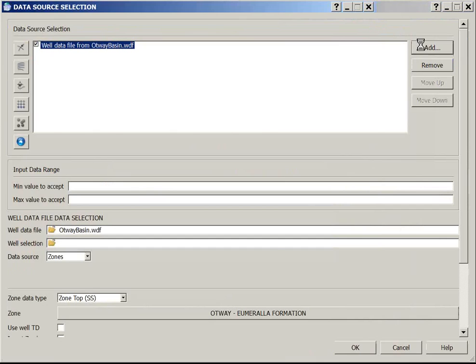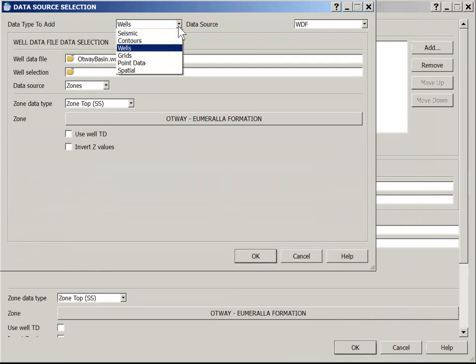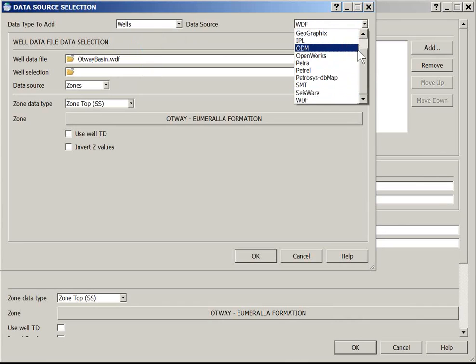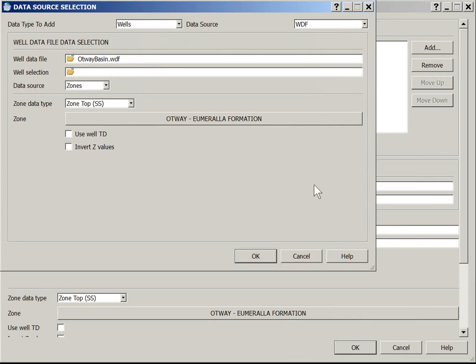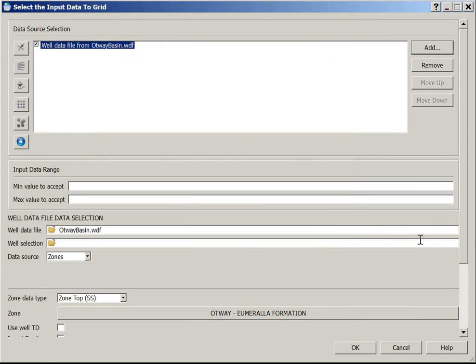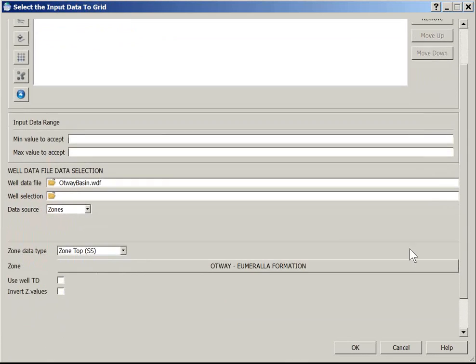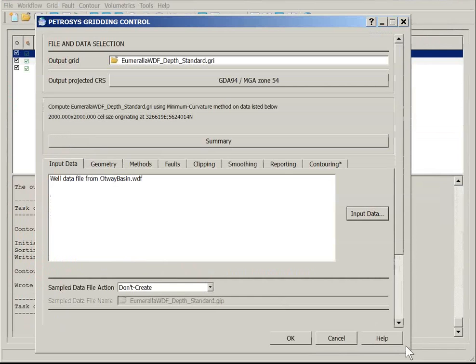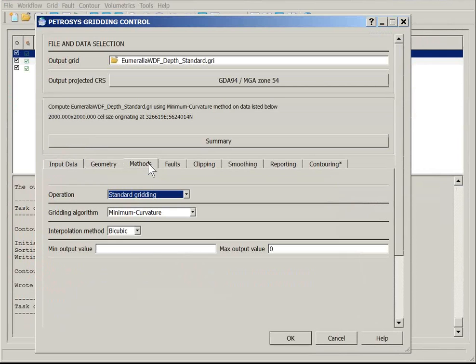And for those of you that are familiar with Petrosys, you will know that you can grid virtually any source of data coming from a Petrosys file or from many third-party applications. But today, as I mentioned, we're just going to be gridding from a well data file, and it's the subsea tops of a formation. So for this example, on the Methods tab, I've just simply selected Standard Gridding, Minimum Curvature,